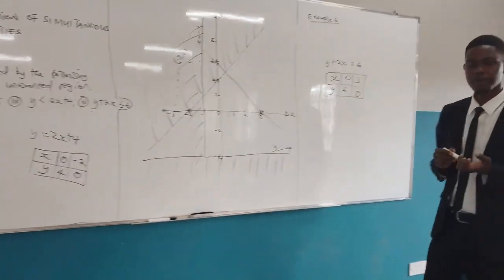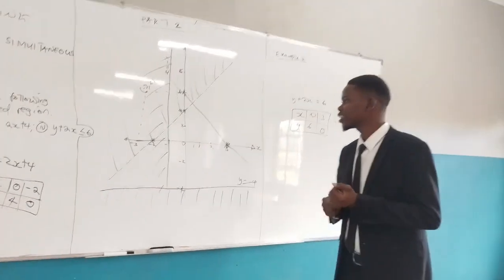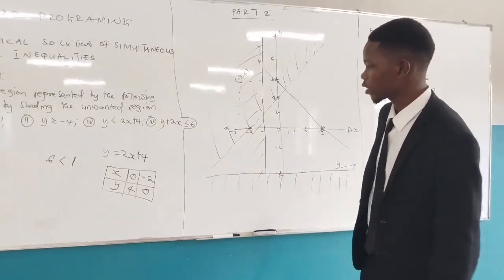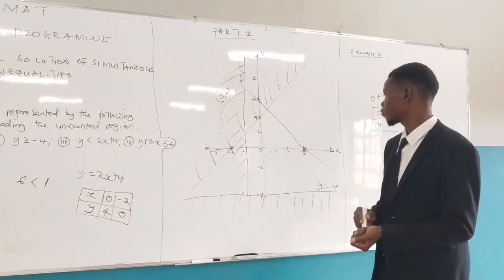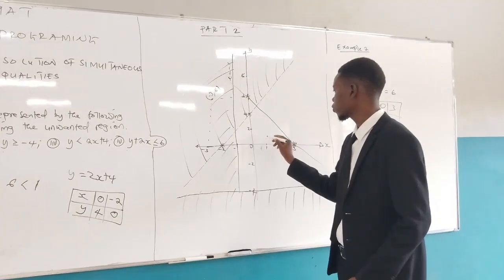So where are we supposed to shade now? The shading process is going to reflect this one as well. So we have to allocate 2 points. We can take